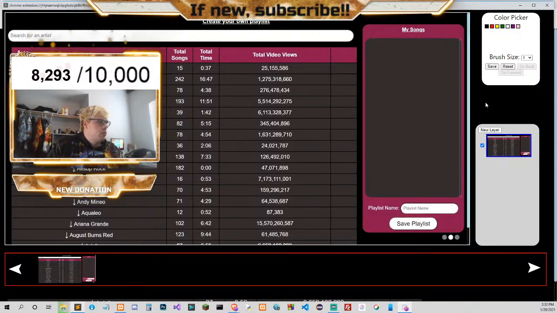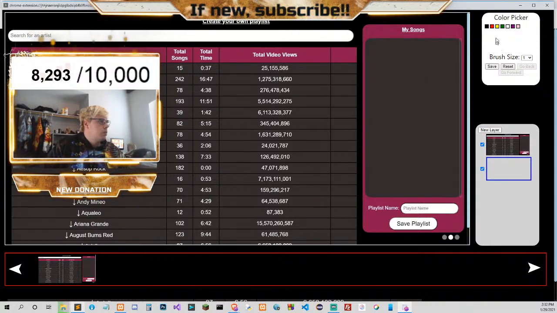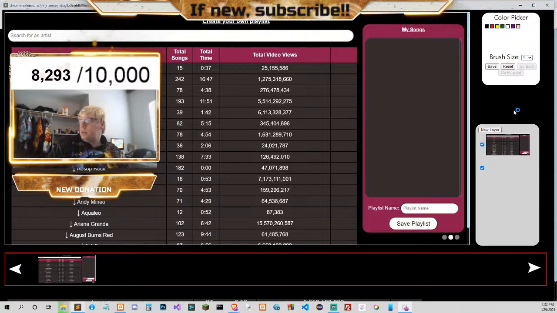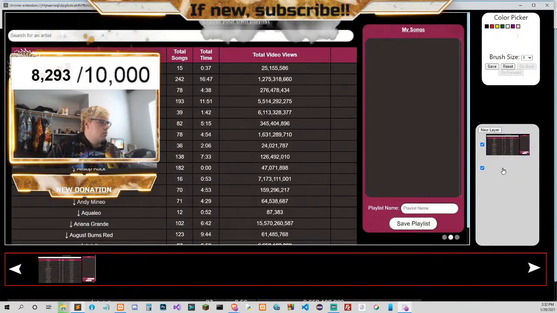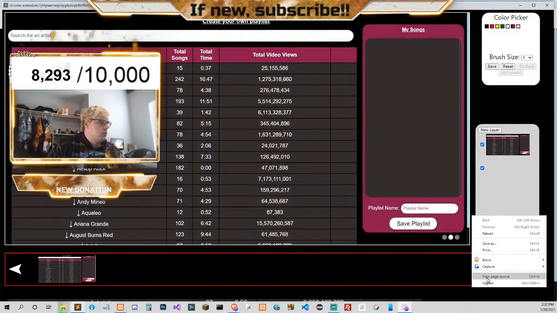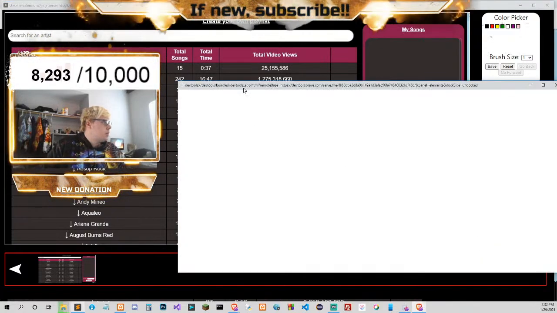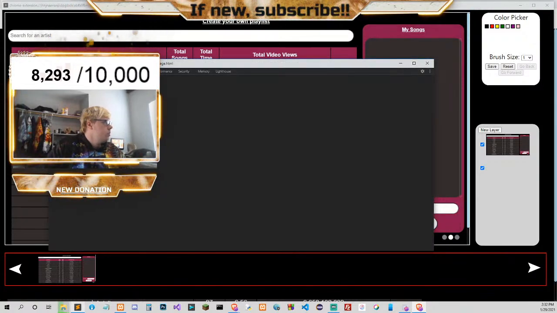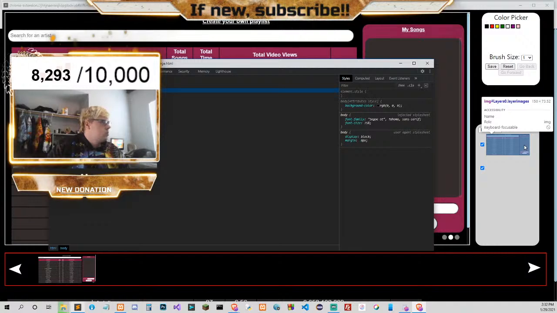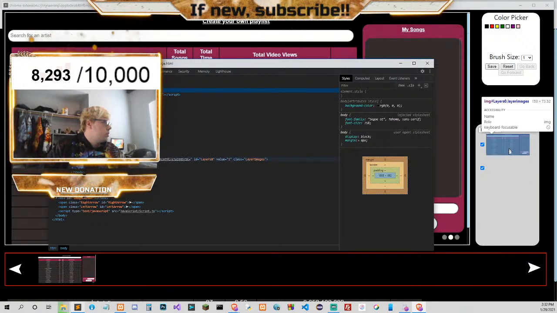So it does that, new layer. If I click on that, what? Hold on. How come I can't click on it? Layers 1, layers 1.